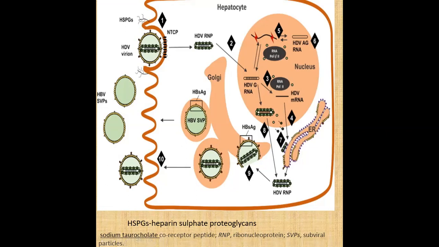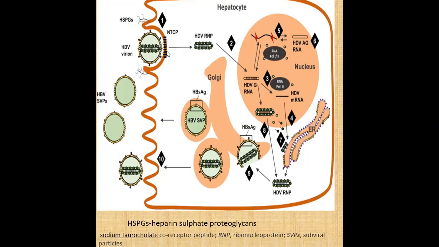Whenever this enters into the hepatocyte in the presence of hepatitis B, by the attachment of the hepatitis B virus surface antigen coating, this is step one, where the hepatitis D virus nucleoprotein binds to the host cell receptor, followed by endocytosis. Means whenever the attachment of hepatitis B and D virus is carried out, it crosses the NTCP layer, followed by endocytosis and uncoating of the virion resulting from the viral infection.